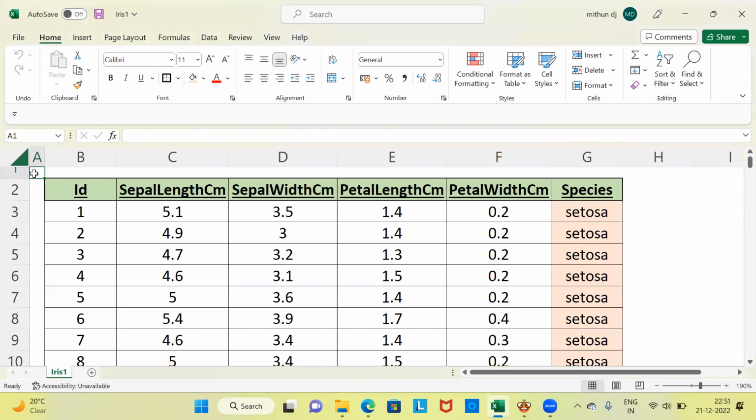My name is Mithun. In today's video, I'll be talking about two different models. We'll be looking at how to build a decision tree model and secondly, how to build a random forest model. We'll also be comparing the performance between a decision tree model and a random forest model. And thirdly, we'll be discussing the advantages and disadvantages of building a random forest model as compared to a decision